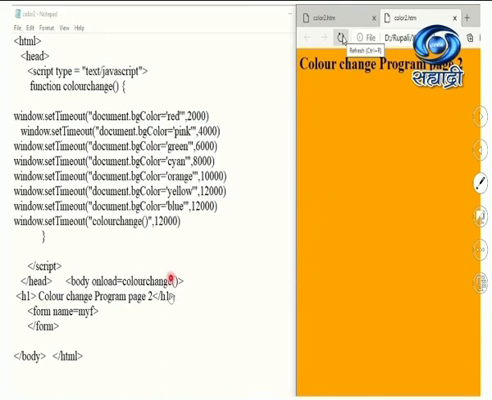Now this colorChange function is the same as in the last program. While writing the program, please take care that this bgColor C must be capital. Students always make the mistake of making this C small. Again observe that T is a capital in setTimeout. You need to remember that as well. One more common mistake students make is that window is the object. It's not windows, there is no S anywhere here. It's not windows dot, it's window dot setTimeout. This way you are supposed to write the correct syntax so that you can get the correct output.